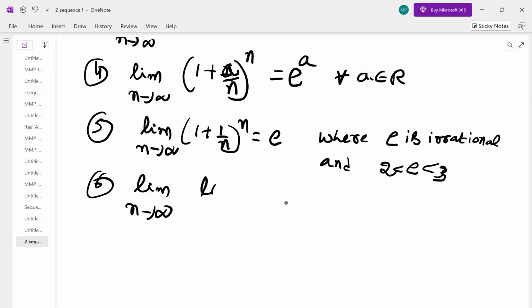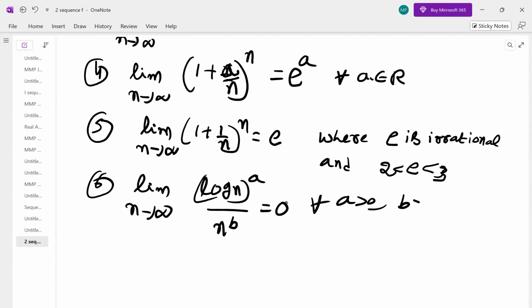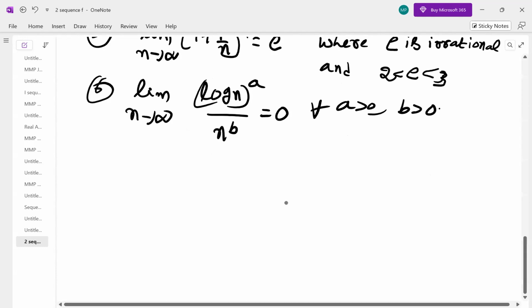Limit of (log n) whole power a by n power b is 0 for all a positive, b positive, real numbers. So a positive, b positive, limit (log n) power a by n power b is 0. And number 7,